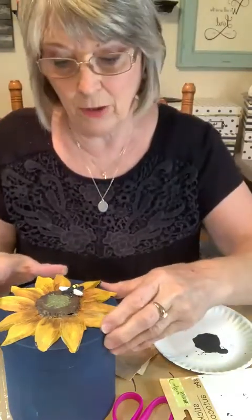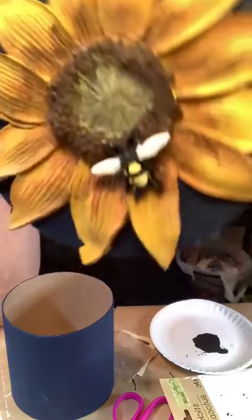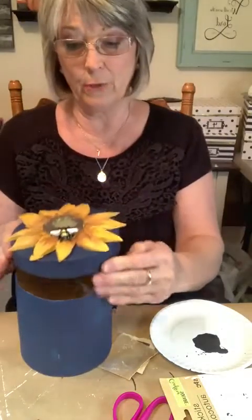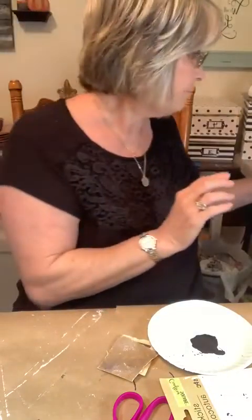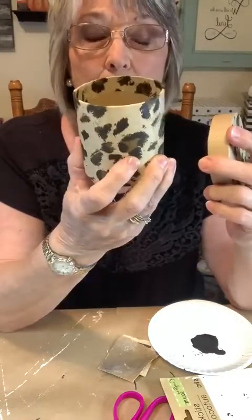I have been down here a lot today trying to prep some stuff. Okay, there is the mold that we did last night. There's a little bee on it. So this is going to need one more coat of paint, but I'm going to do it without you guys. So except for another coat of paint, this little box is ready. I'm going to put it aside. And then all I did was take this little paper mache box and do some decoupage,